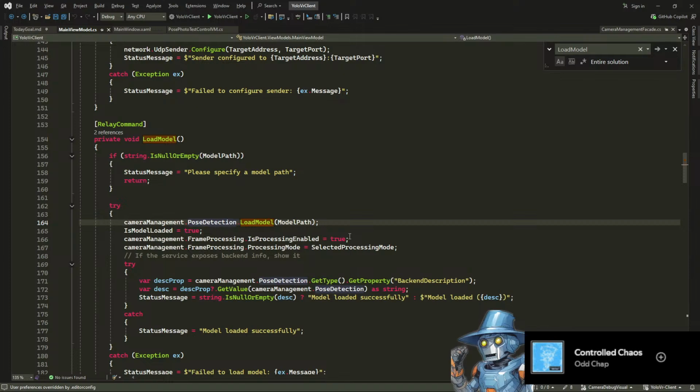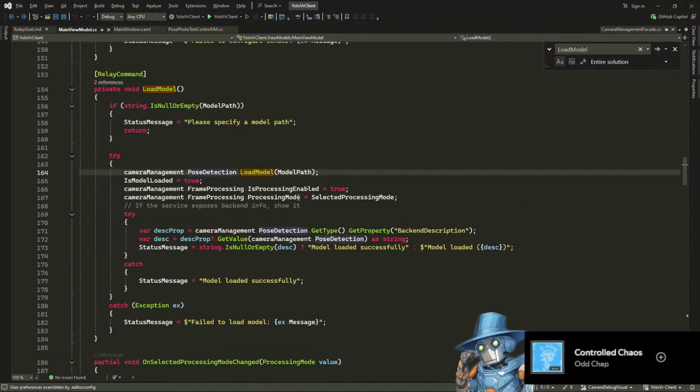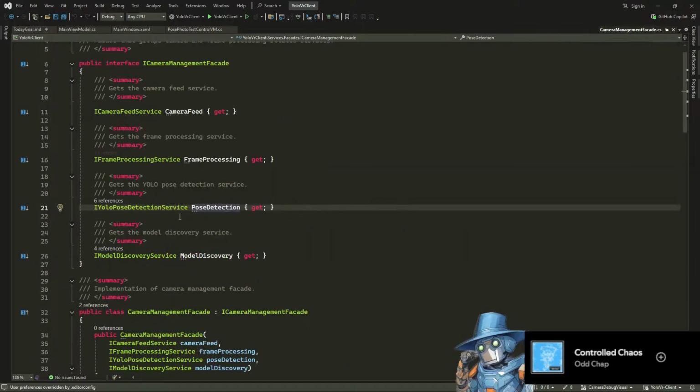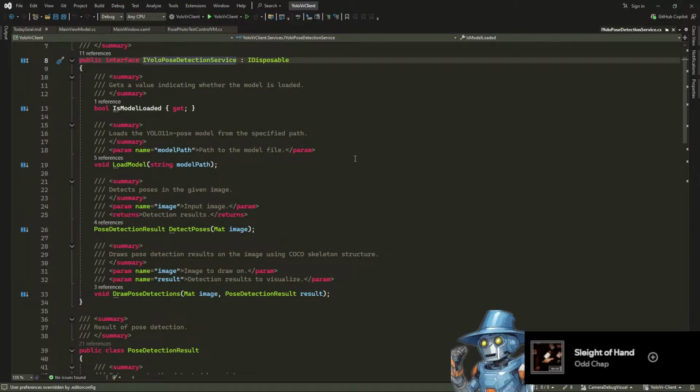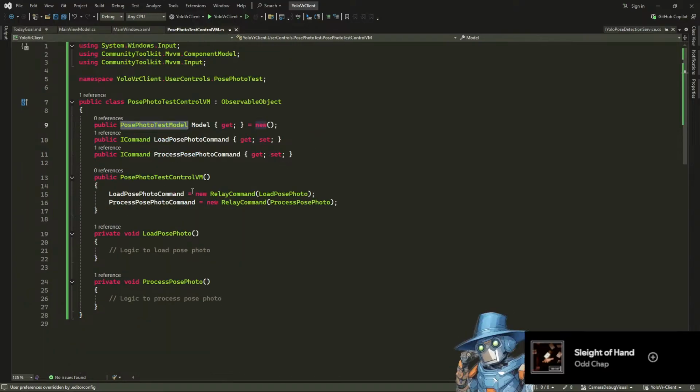Model loaded successfully. Frame processing. Okay. Is model loaded. This is the advantage of having dependency injection. Now I can just reference the pose detection service in here. For example,